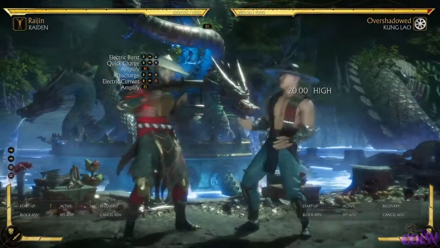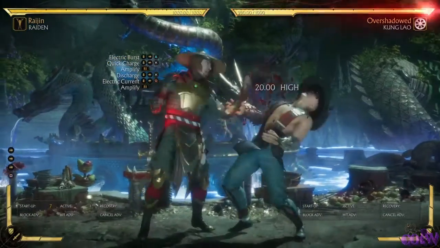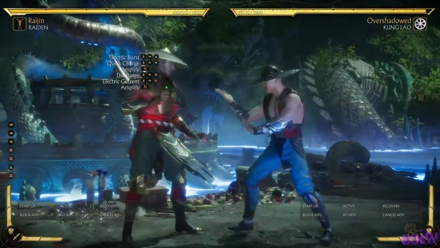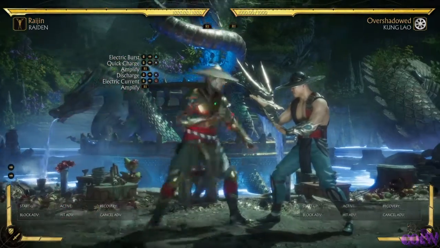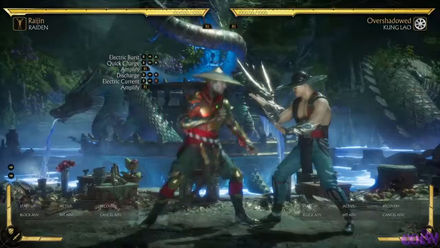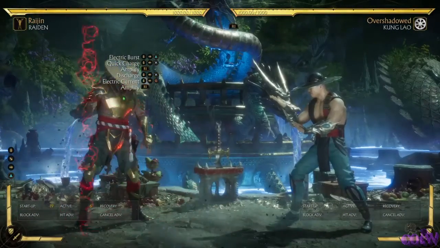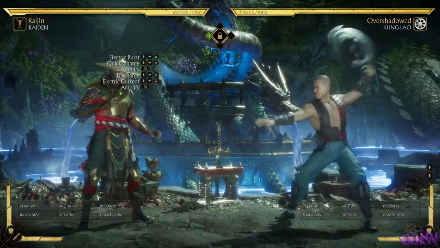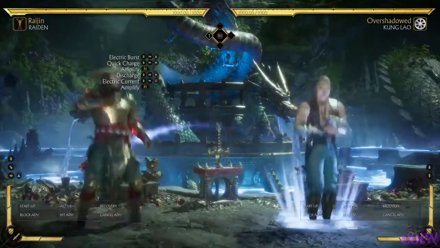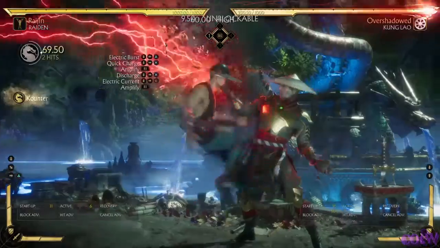Now we have Electric Burst. Oh, there's a flawless block gap in this string? I didn't know that. Leaves him -9. Not bad. So first up, we have Electric Burst. Nothing to write home about. Decent way to end combos, get some range, and can punish teleport attempts. So if Kung Lao, let's say, were to try and teleport, and I read that, I could catch him with that, and he'd be within range